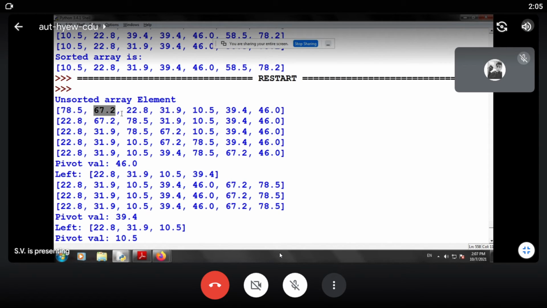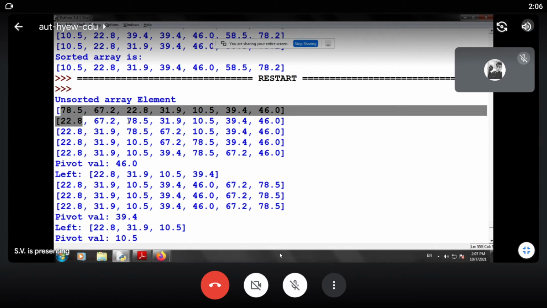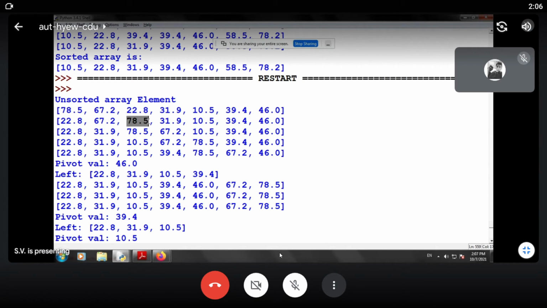Now what is 22? 22 is less than the pivot. So it has been positioned at index 0. So 22 is positioned at index 0 and it is swapped with 78. So you can see this 78 has taken the position of 22.